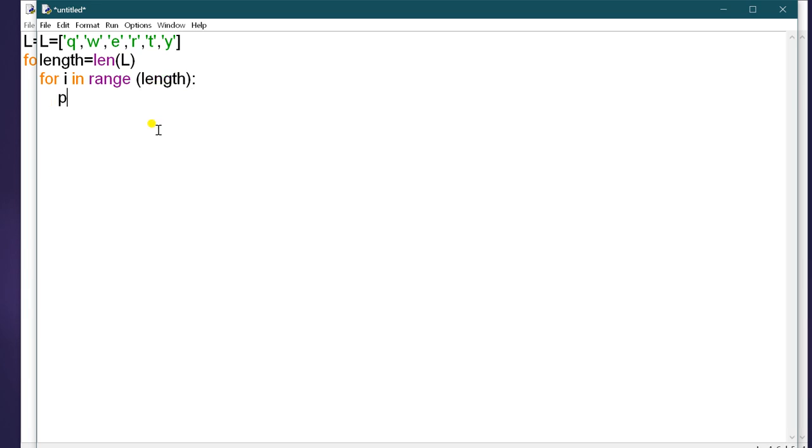Then print. And how will you print it? The element at positive index I and the element at negative index I minus length.